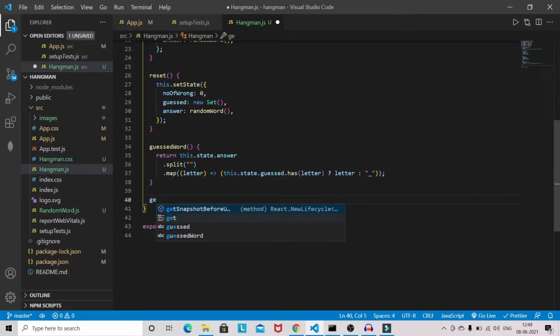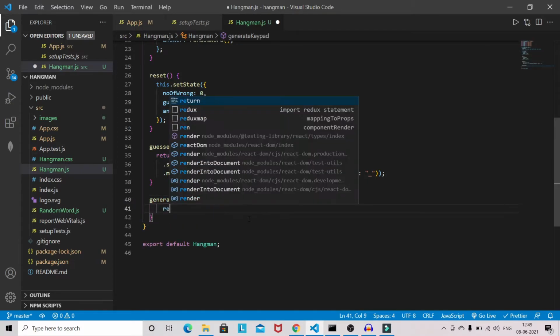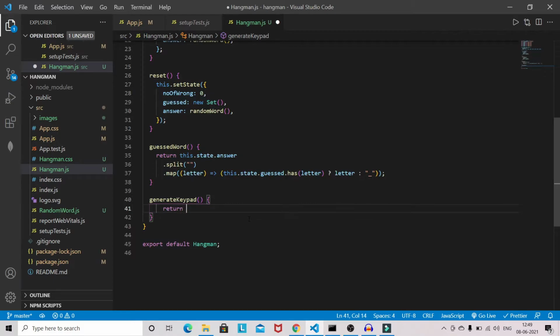So we need to generate the keypad like A, B, C, D up to X, Y, Z. So generate keypad. It will return, and we need to type all the letters: A, B, C, D, E, F, G, H, I, J, K, L, M, N, O, P, R, S, T, U, V, W, X, Y, Z. So I have written all the alphabets up to Z.